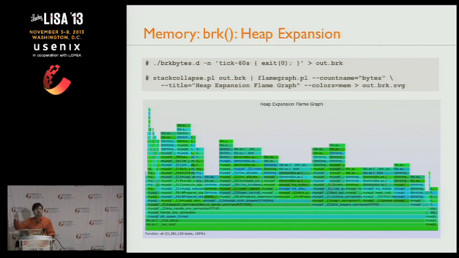If you're running top and you see RSS is growing, and you're thinking, why is it growing? Who's doing this? This type of flame graph shows these are the code paths that led to growth, and the width shows how much they caused it. The width of these is actually showing bytes, megabytes. So fantastic. Now that I've been able to do this, anytime I see RSS growth in top, I want one of these heap expansion flame graphs because it will immediately tell me why my process is growing and growing and growing.